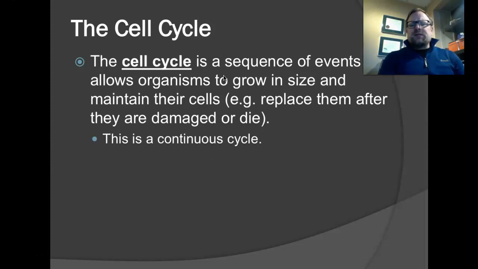The cell cycle is simply a sequence of events that allows organisms to grow in size and maintain their cells. For example, replace those cells after they've been damaged or died, right? If you cut your hand, slice it open, there are cells that are damaged there. Well, those cells nearby are part of the cell cycle, but they may end up needing to divide and fix that gap up, replace the cells that were lost in order to heal the wound,